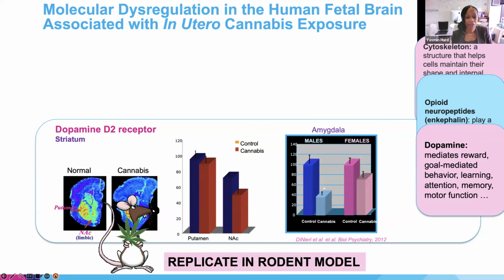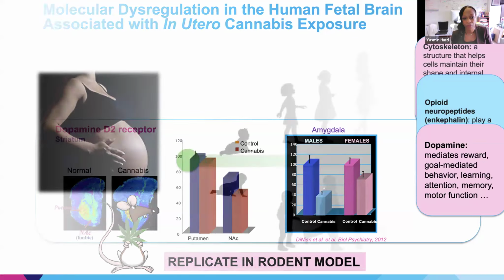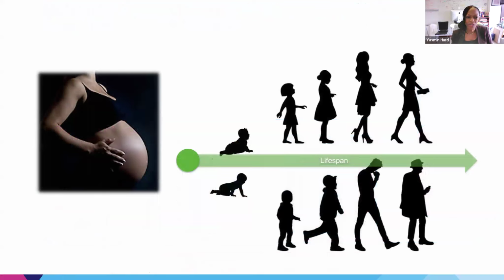But importantly, because human studies are complicated, we can replicate this in our animal models where we control the amount of, for example, THC they get, and we know their life history. A big question is, though, does in utero exposure to cannabis really have any impact? And so we can look at kids across time and into adulthood. Those studies are very tough.